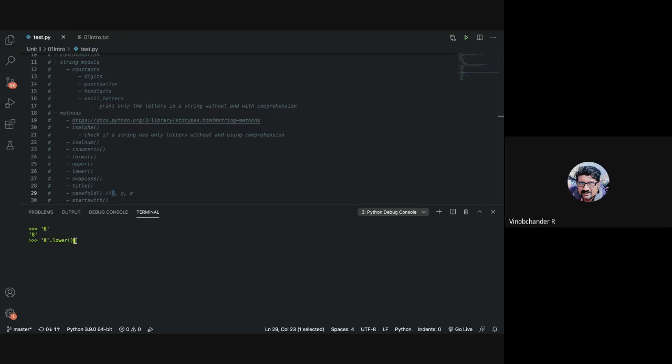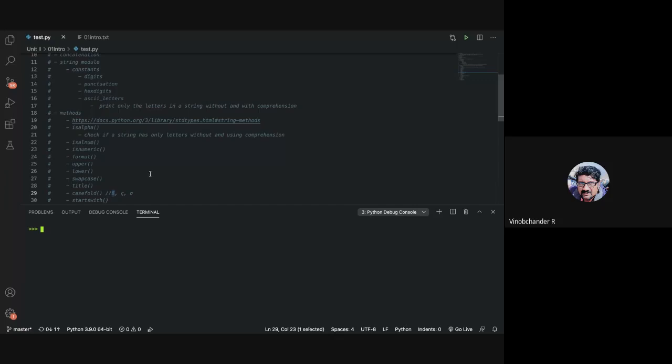The same one, yeah. As I said, casefold is much more aggressive. If you do a casefold, it gives SS. So that is casefold, used for caseless comparison, and it is much more aggressive.